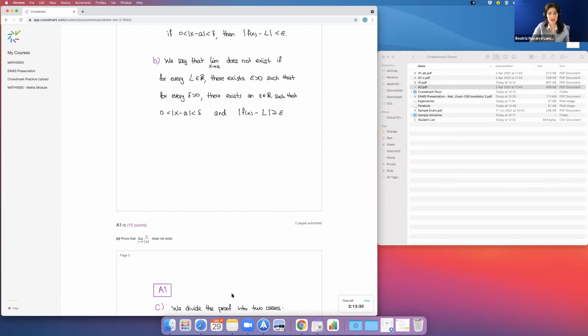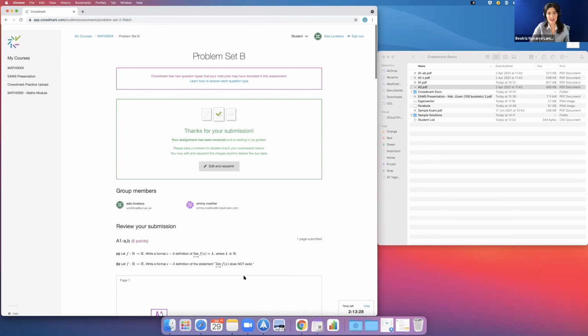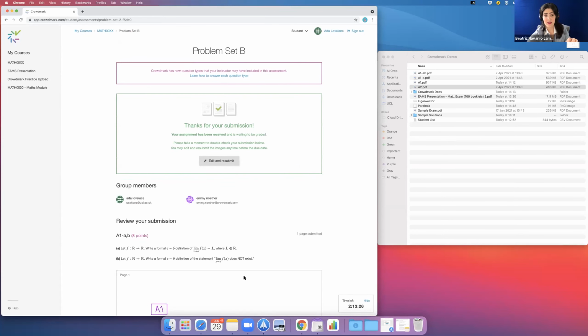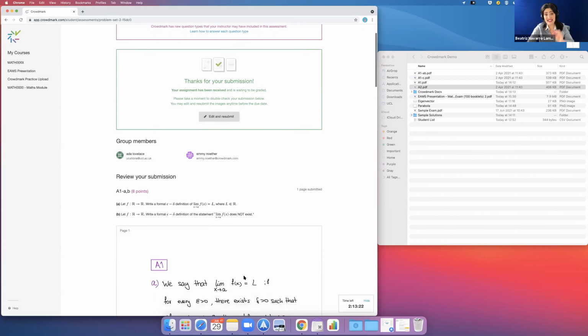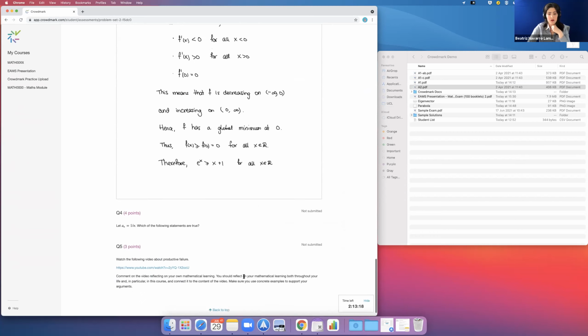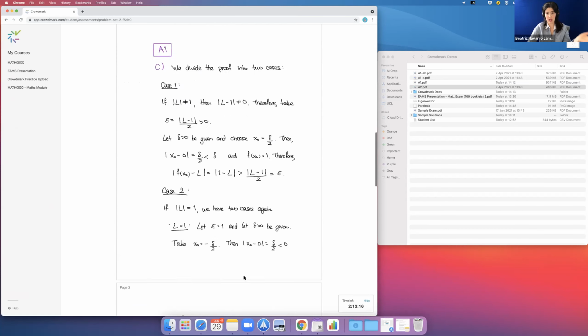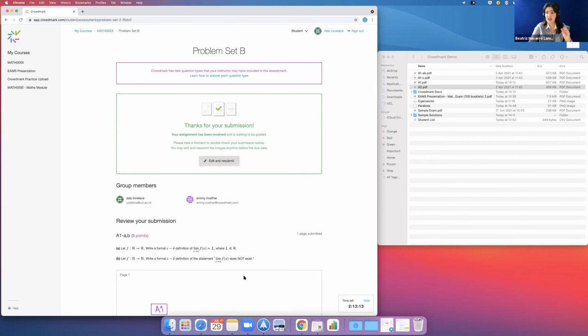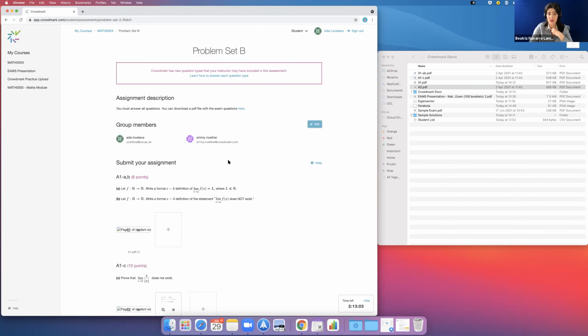So I submit these 4 pages and now I can see a confirmation page. It says, thank you for the submission, and it lets me see everything that I did. And now, if I'm happy, I'm done, forget about it. Imagine that I realized, oh my God, no, I made the worst mistake in the world. I need to change it. As long as you still have time left, you can come back, say edit and resubmit.